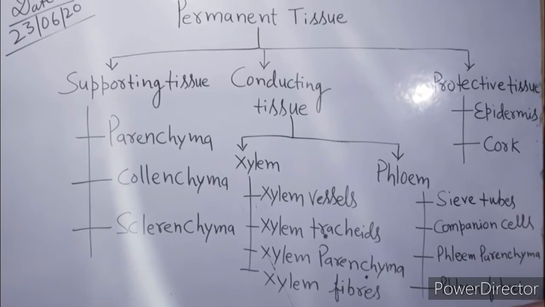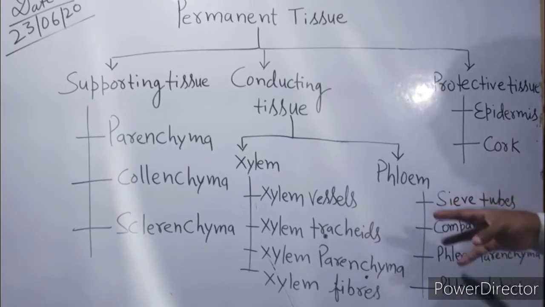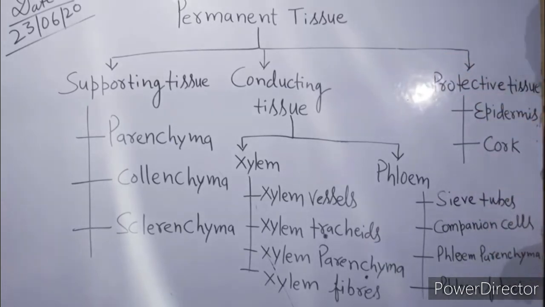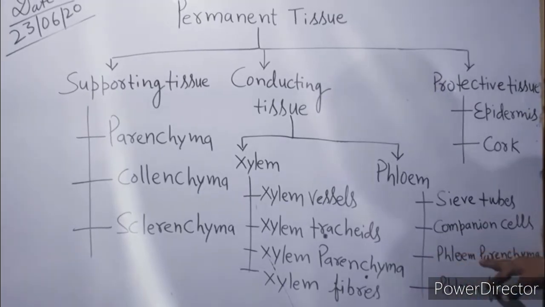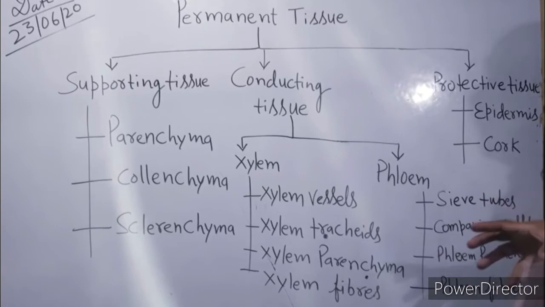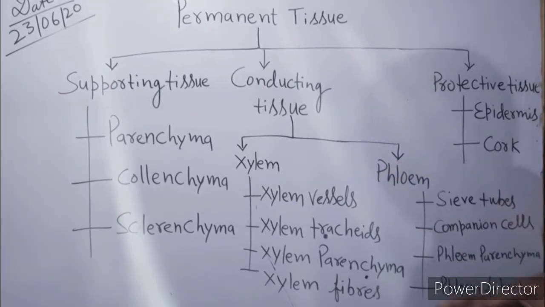Phloem fibers are dead cells, which help to mechanically support the conduction of the prepared food to all parts of the plant. And the sieve tubes and companion cells, these tubes are elongated tube-like structures. This helps in conducting the food material from the leaves to every part of the plant. Now, phloem parenchyma, what does it do actually? It also stores the food material prepared in the leaves, to be distributed to each and every part of the plant. Okay.